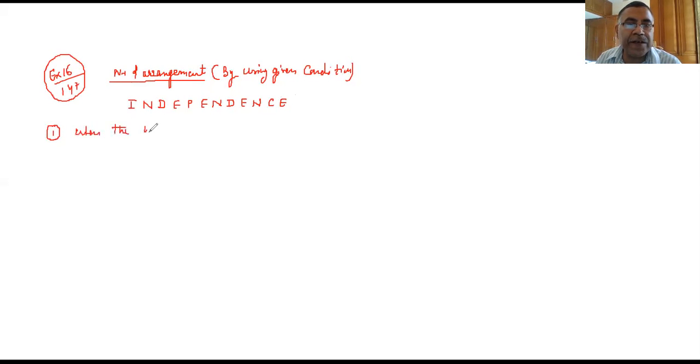When the word starts with P, now look carefully, the first position is fixed, only P should come there and nothing else. So first of all, what I have to see in independence is the repetition of the letters. Now pay attention, come to this side. Repetition of letters: I,